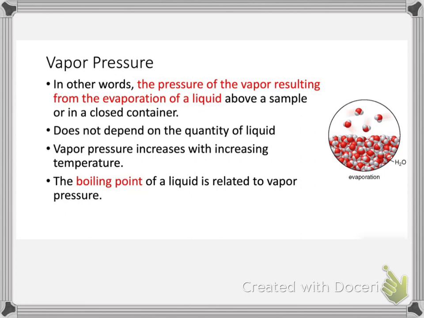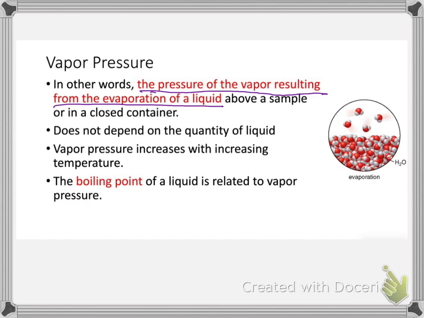So the vapor pressure is the result, or measured when you have an equilibrium between the liquid and the vapor. So you have that rate of evaporation equals rate of condensation. Now, when we think about a vapor pressure, it's what I put in words here. It's the pressure of the vapor in red, the pressure of the vapor resulting from the evaporation of a liquid